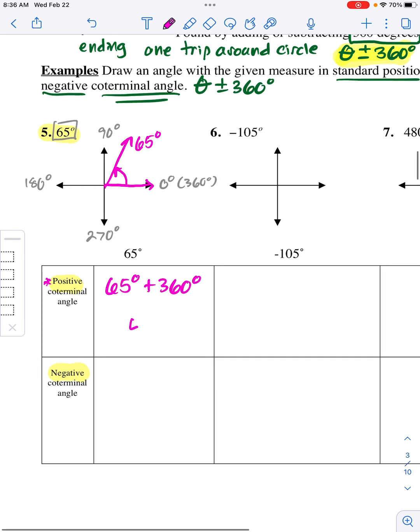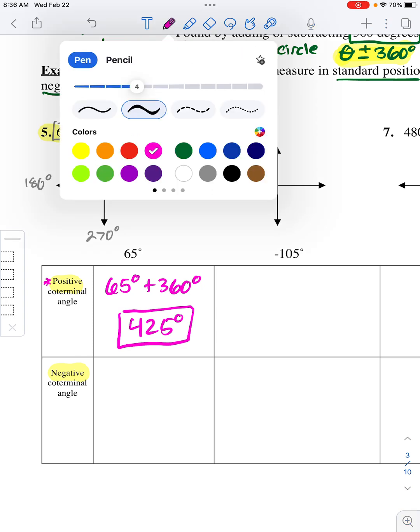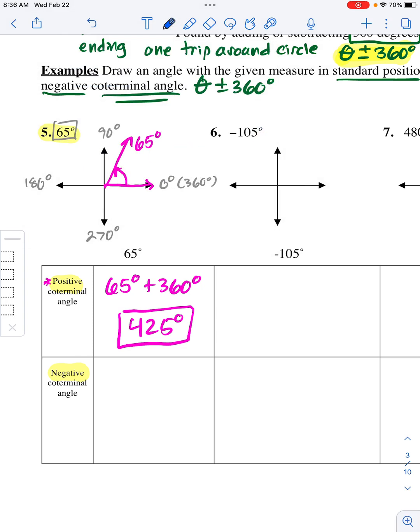And when I do, I end up at 425 degrees, and that is considered coterminal. If I drew that one, and I'll draw that in a different color so you can see it, I would go all the way around once and then follow this other angle to the same spot. So ultimately they stop in the same place. The only difference is the spiral indicates that this angle, the 425, went around once, so that's 360, plus that